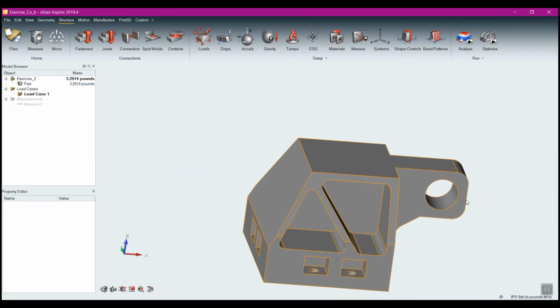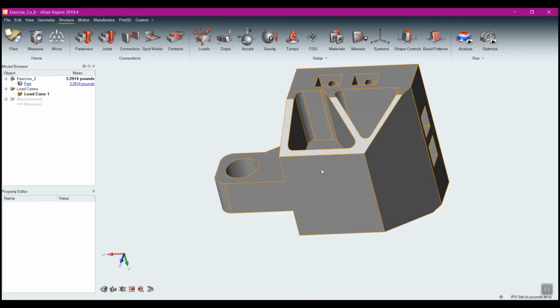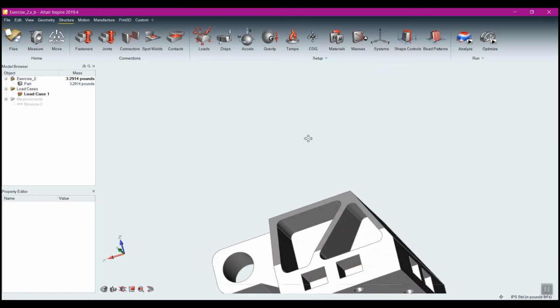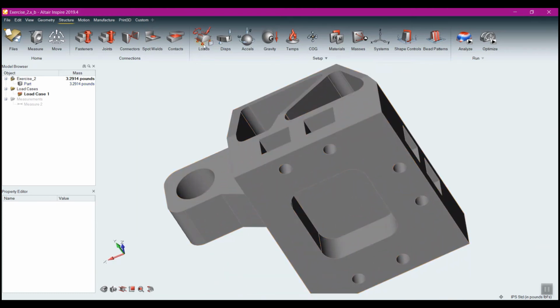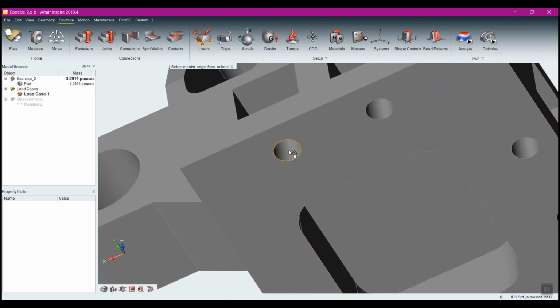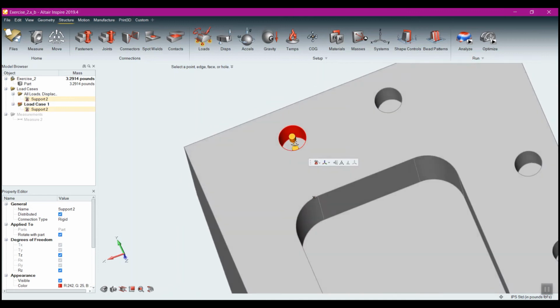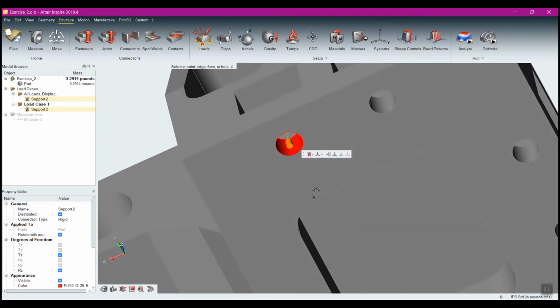What I actually want to constrain are these bolt holes down here. So this bracket is mounted onto the aircraft like this, and the door hinge goes through here. So I'm going to simulate it mounting onto the aircraft by constraining these holes. So I'll come back to my constraint, select my hole, and I get a different looking constraint because Inspire does recognize that this is a hole and recognizes that when it comes to holes, they have some unique features when it comes to constraining things, because most of the time,